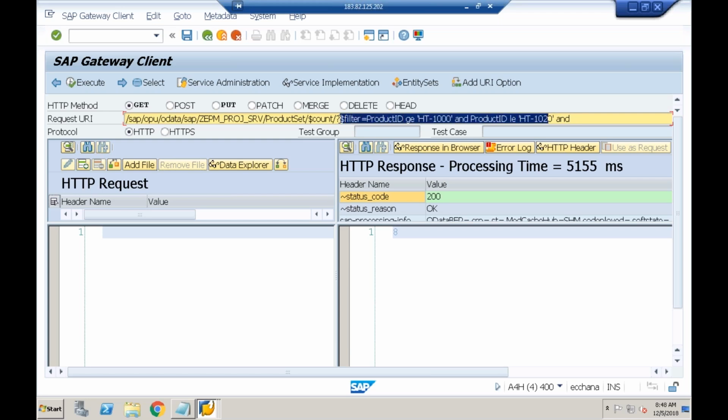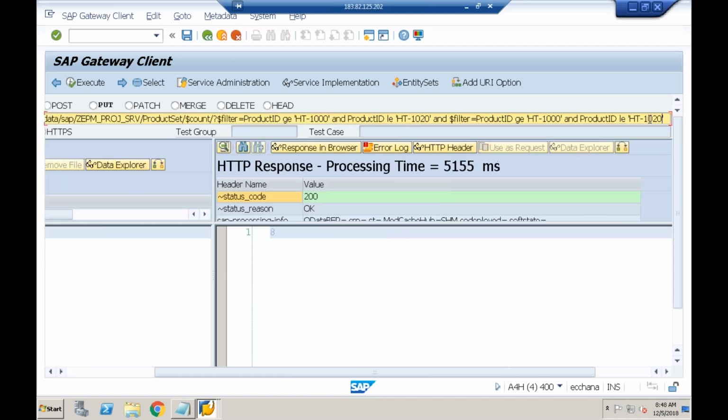One second. Okay, so again I said $filter is equal to product ID, let me give it as 1030 or 1030 to 1040. So I'm trying to give the request like this. Let me check whether it will identify this syntax or not. I'm just doing some R&D, trying to give multiple ranges. So when I execute,